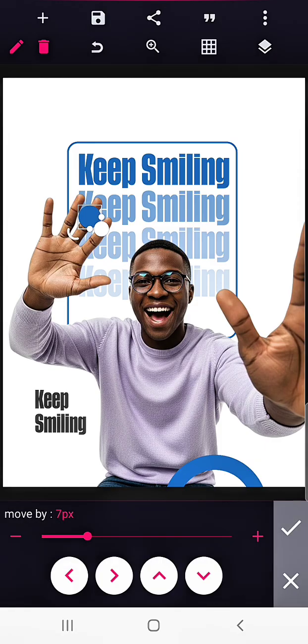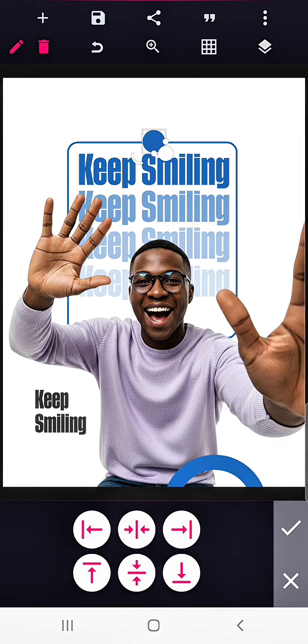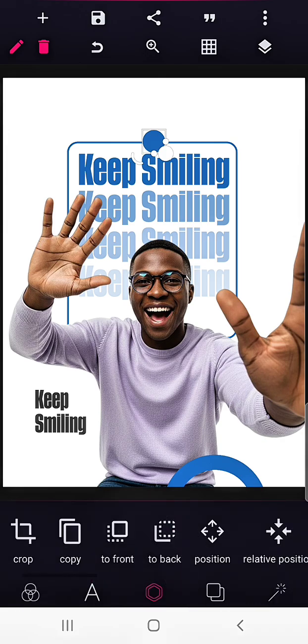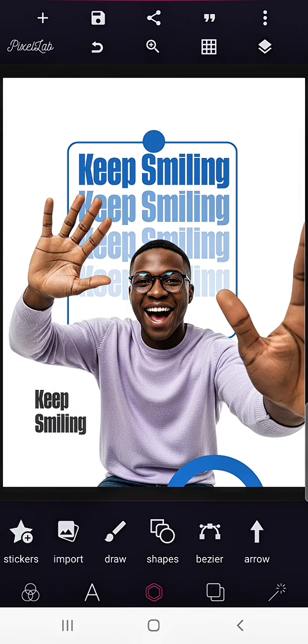And I'll take it up. Then I want to use relative size to bring it to the middle. Okay, so this is it. So practically I'll lock those up. So I want to input